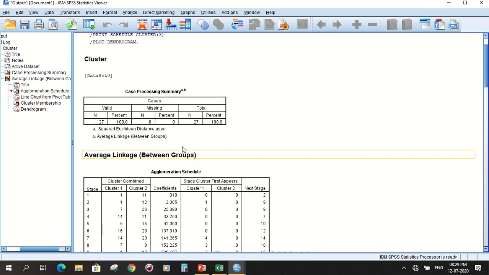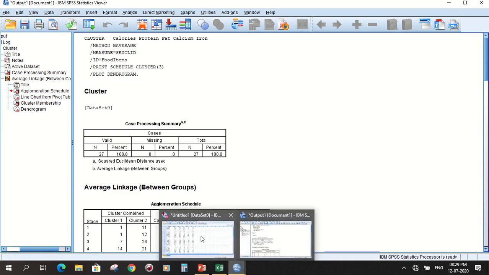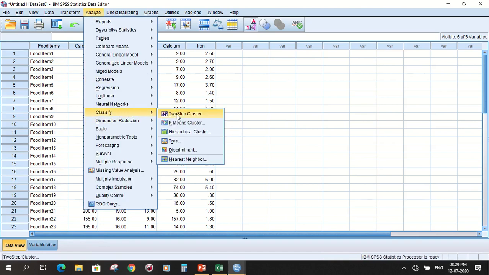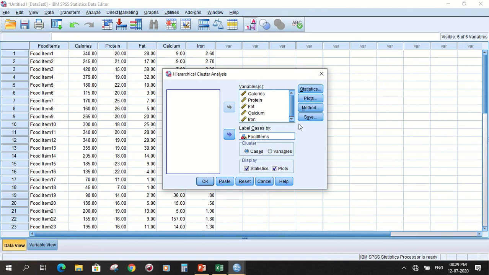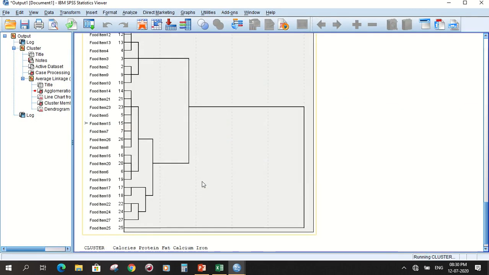Okay, so this is the cluster analysis, and we can also save these clusters into a variable. Go to Analyze, Classify, Hierarchical Cluster, and in Save we can save these clusters. We have created the single solution and click OK.